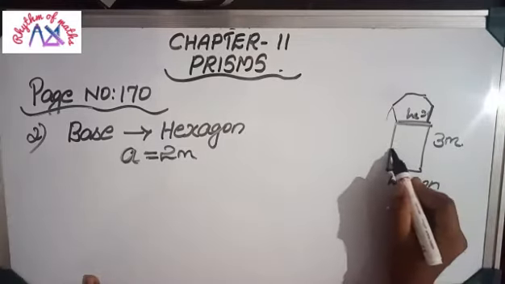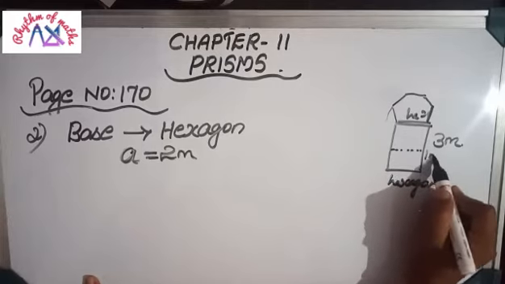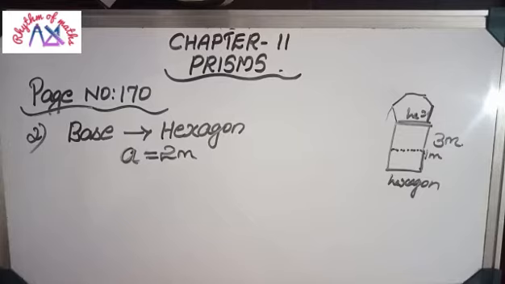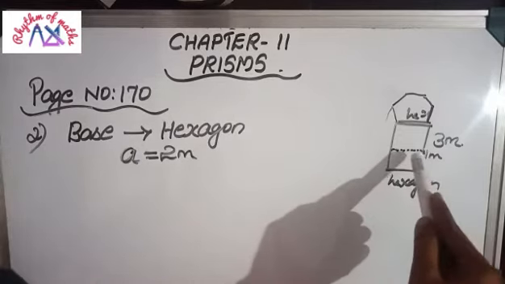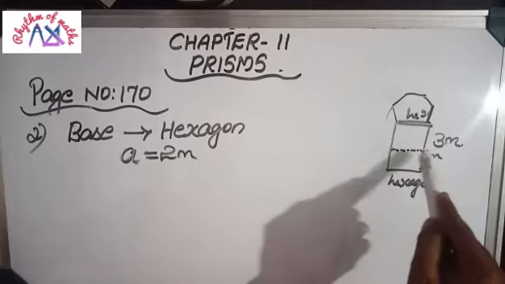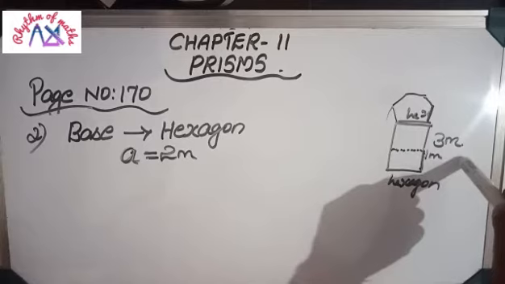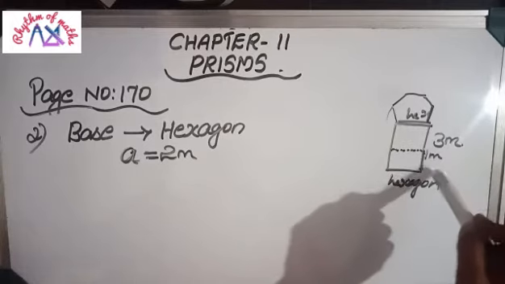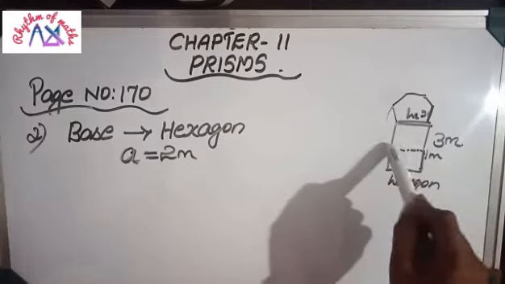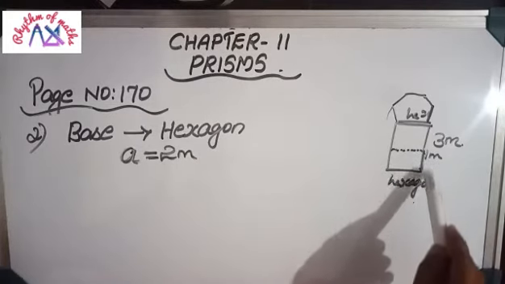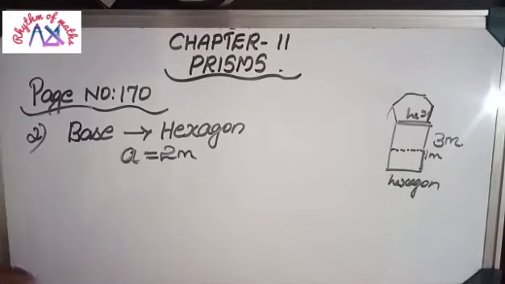Okay, the water is up to 1 meter, only up to 1 meter is water present. What is the volume of water? That is the question. What is the quantity of water at present in that well? So total height is 3 meter, but we need to consider only 1 meter as height, because up to this portion's quantity we need to find. Volume up to this portion is enough to find here.